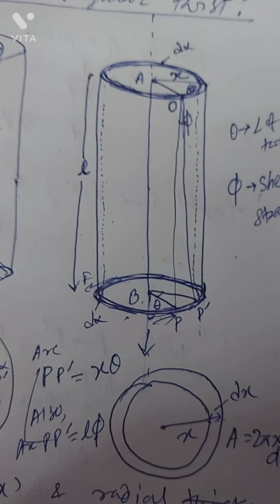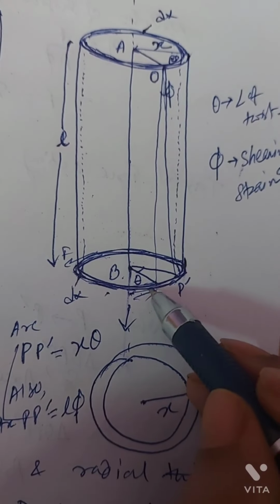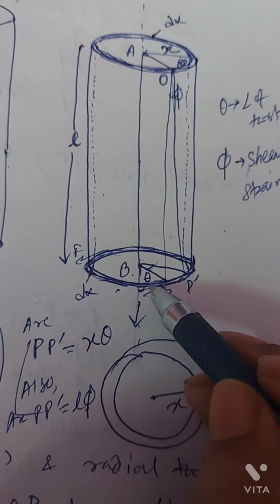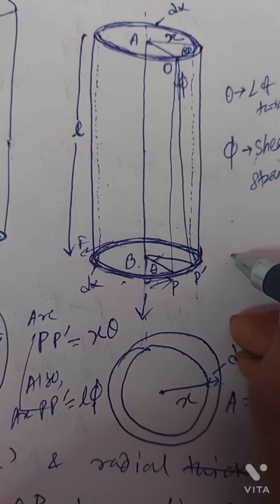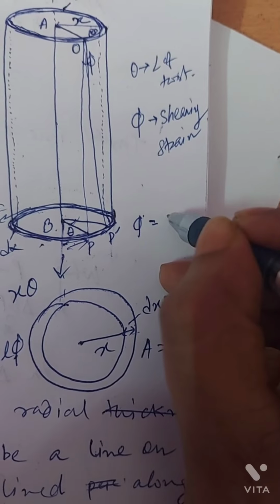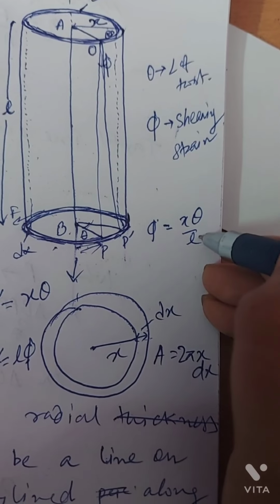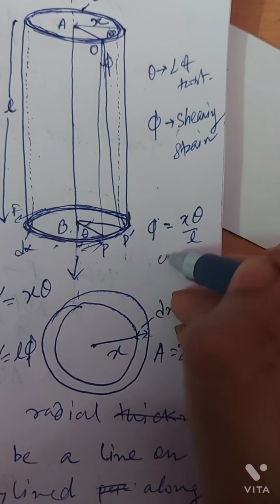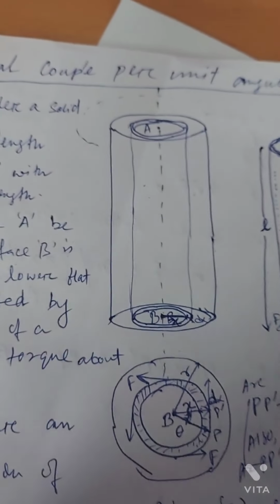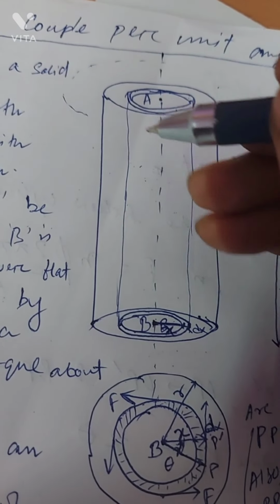If we consider this one, what we will see is that this is phi, and this is the angle theta. So theta is fixed and phi is a function of x, because phi is equal to x theta by L. Now theta and L are fixed, so phi is a function of x. As you can see in this cylinder, if we use this cylinder,